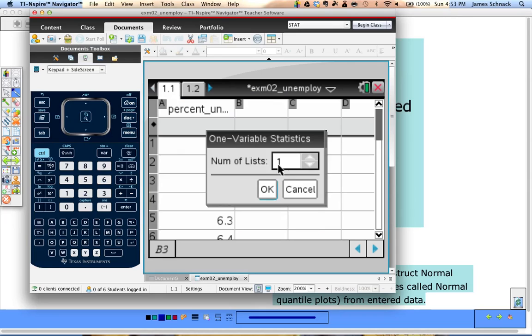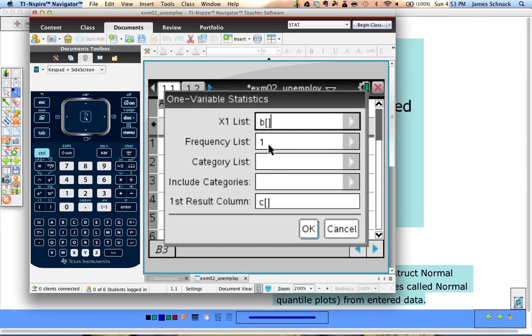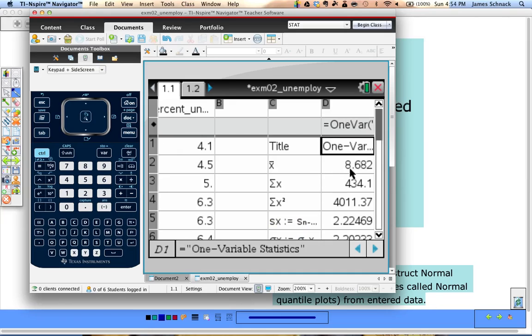One variable stats. I'm looking for the mean and standard deviation. My data is in percent unemployment. I can put my results in column C. There we go. My mean is 8.68. My standard deviation is 2.22. So